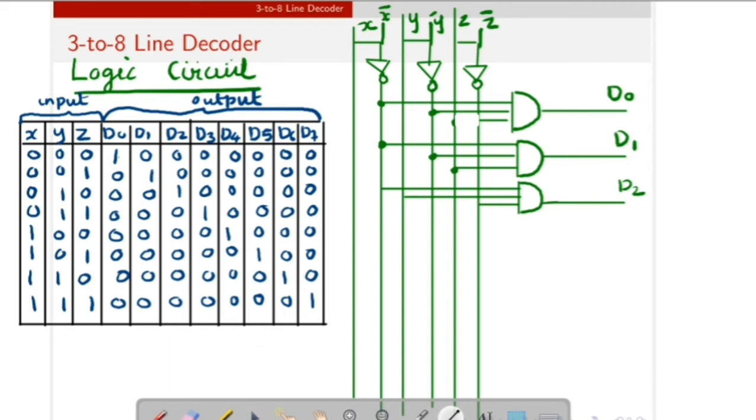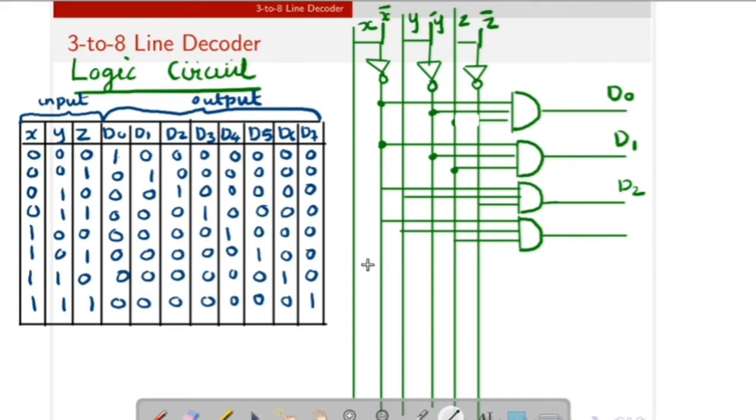So next we can draw D3. D3 is 0, 1, 1. X is equal to 0, Y is equal to 1. X bar, Y, Z. That is D3.